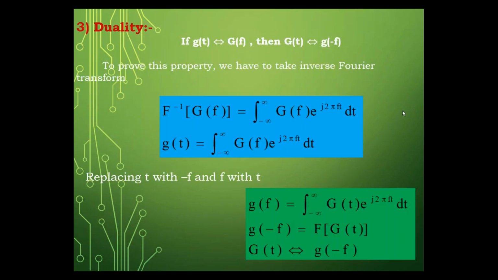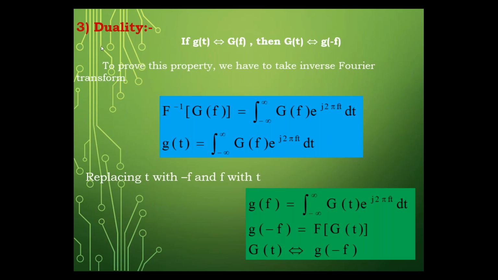Now, in today's class, I am going to discuss the next property known as duality. Please try to understand this. You already studied in network theorems also, the duality theorem. There, the duality theorem says converting the sources, replacing the sources with voltage and current, there you can analyze it. That is what the duality theorem is there.